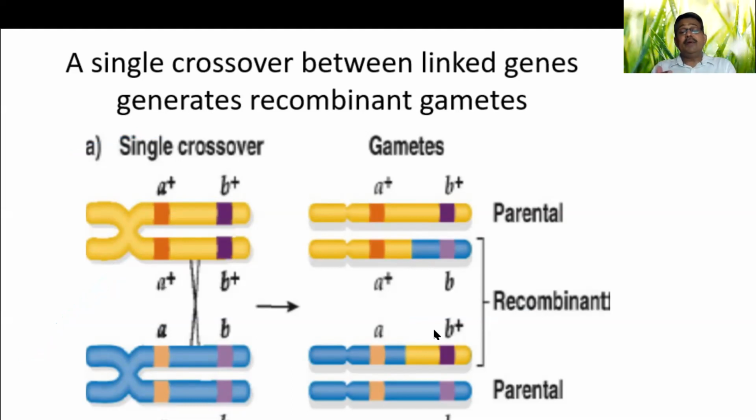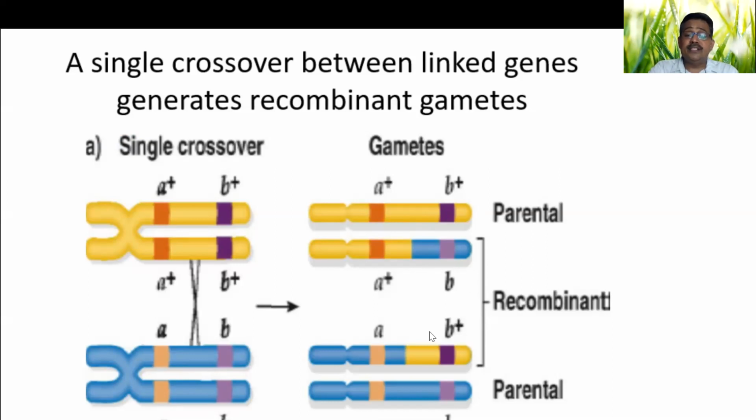This exchange may vary in size. For example, you have two markers here, A and B. By that you can easily monitor how much portion is exchanged. One more thing has to be taken care of. After the recombination occurs, when you analyze the progeny, 50% of the progeny should be non-recombinant. That means it is a parental type, either parental 1 type or parental 2 type, so either the yellow color parent or the blue color parent. But 50% will be recombinant types.